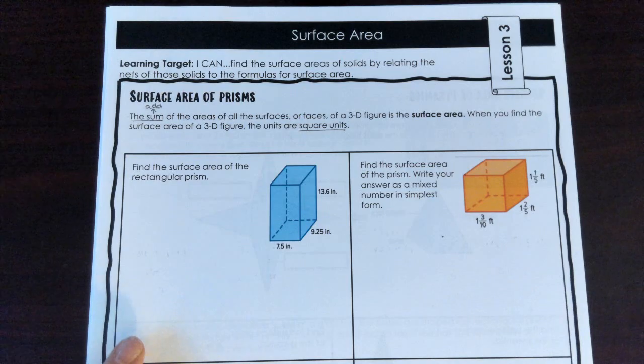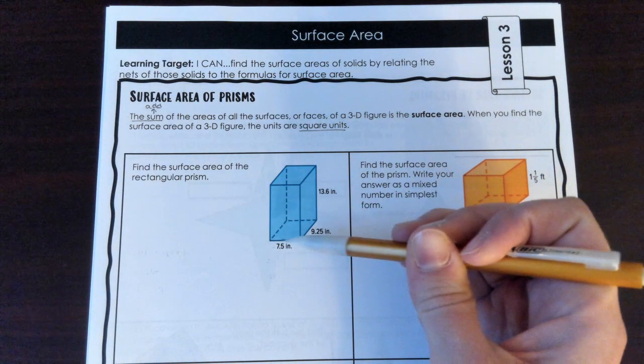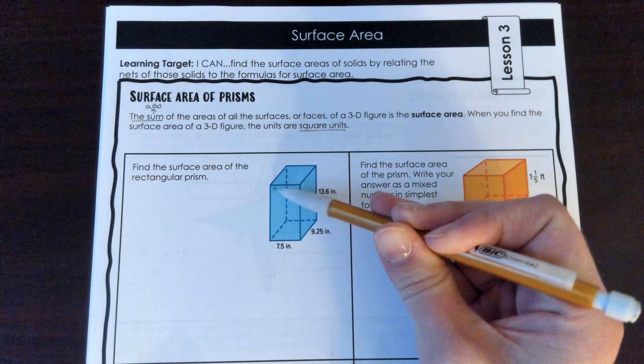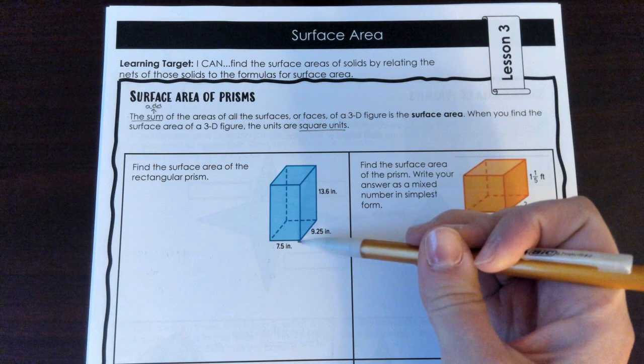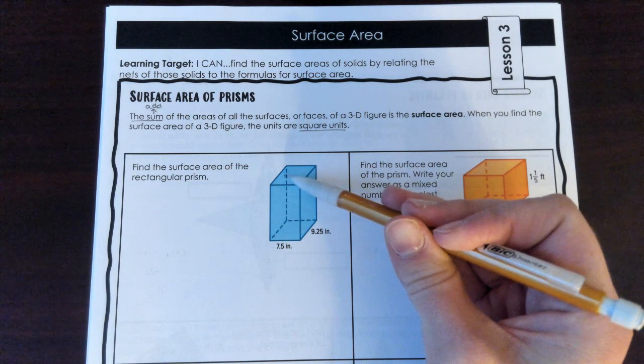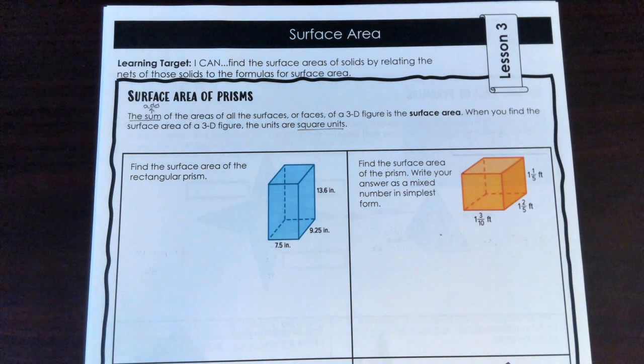So we're going to look at this problem here. It says find the surface area of the rectangular prism. So with a rectangular prism, we have this front and we have the back, and those are going to match identically. We have the two sides, and then we have the top and the bottom. So with a prism, they are going to